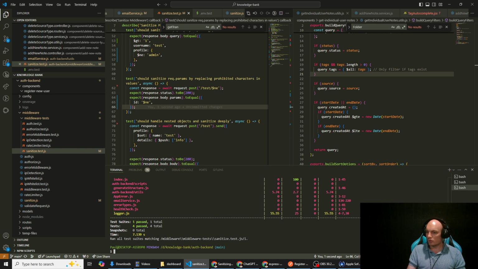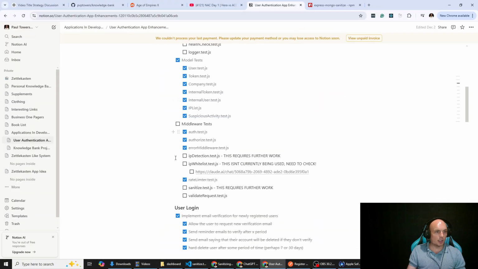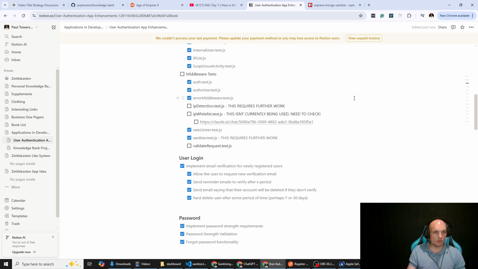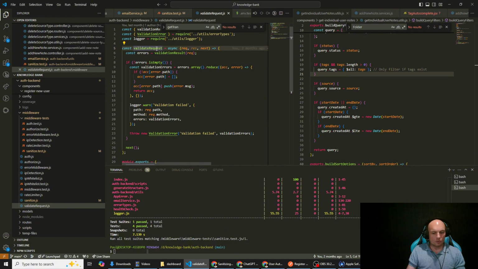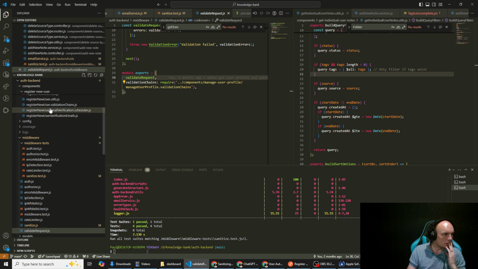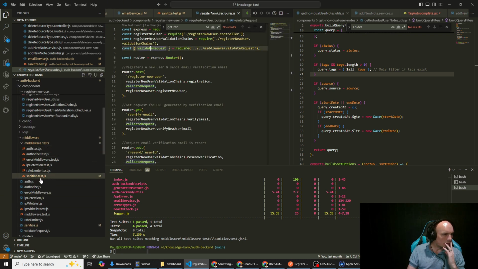So I am still keeping up to date with some of these tests, because there's a fair few we had to go back and check. So we've done sanitize.test, so we can do that. We'll move on to our next one, which is validate request.test. Yeah, so this functionality, validation chains, is used in our routes. So for example, validate request. All right, so